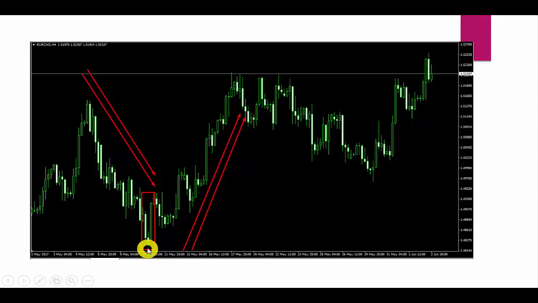Second candle with small body, long tails, you can see right now. And third candle is a strong bullish candle. It has closed above the midpoint. Even it has closed the entire body, but our minimum condition is that it should close above the midpoint of the first bearish candle. And you can see this was the bottom of the market because the market has already fallen a lot. So when this candle is closed, now we have a strong morning star candlestick pattern. You can see this was closed above the entire body.